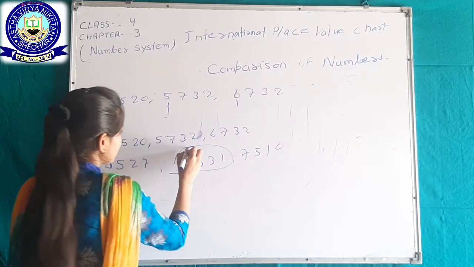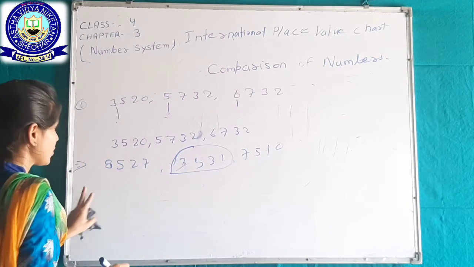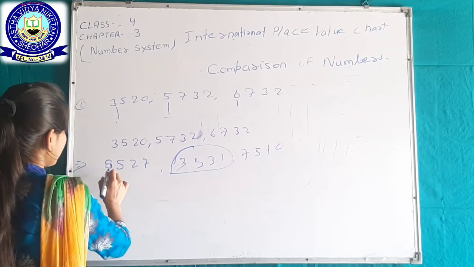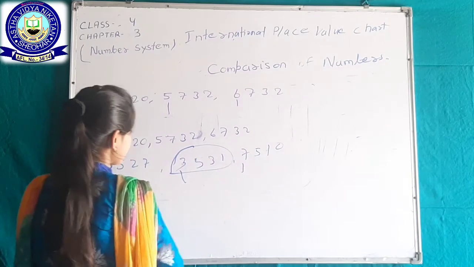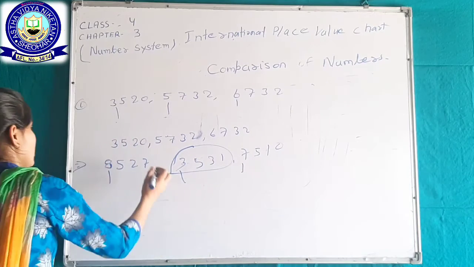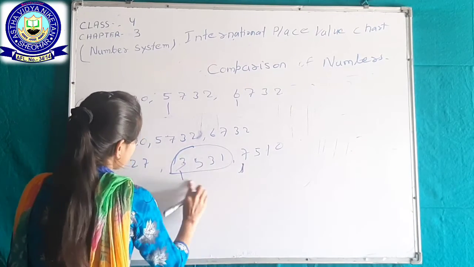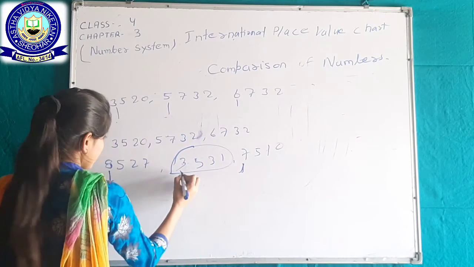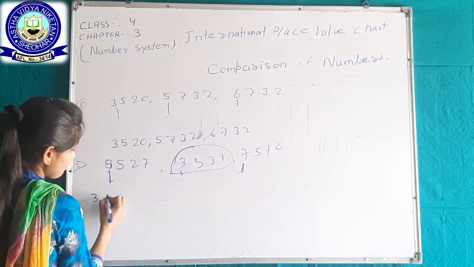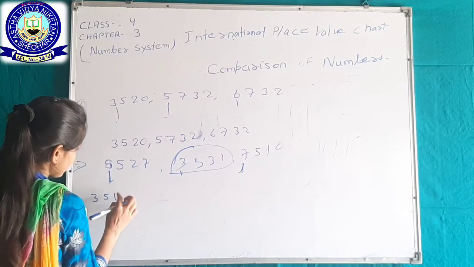Let's compare between three numbers. Among these three numbers, here is 8, here is 3, and here is 7. 3 is the smallest number of this series. So we can write it here 3531,